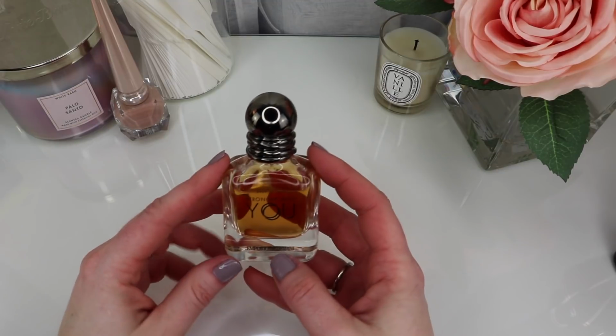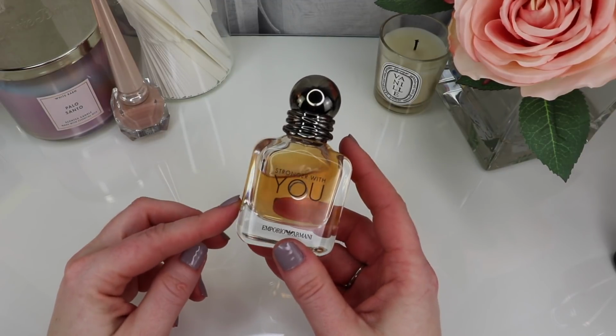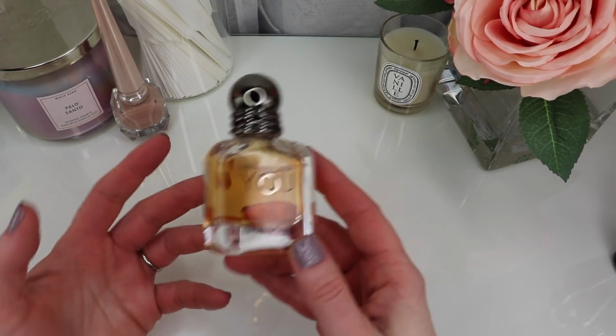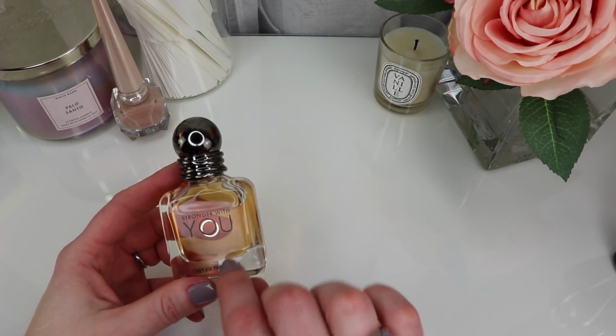It's getting really good reviews. I've seen Chris from Fragmental talk about it. I've seen Ash from Gent Sense talk about it. And it sounds like I would prefer that one even more because it's like a boozy version of this. And so I think I would really love that one. So I'm going to sell this one and then I can use the funds that I make from selling this